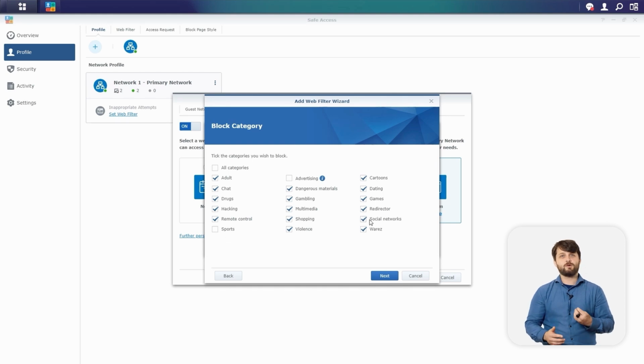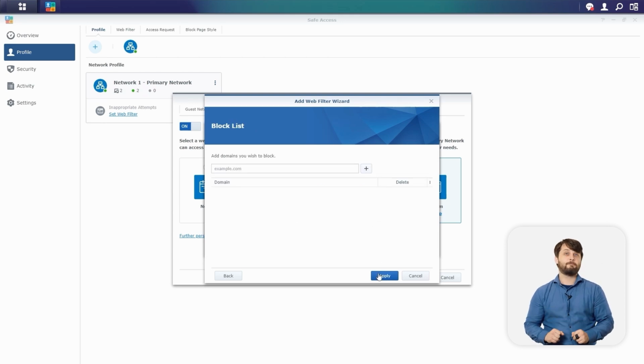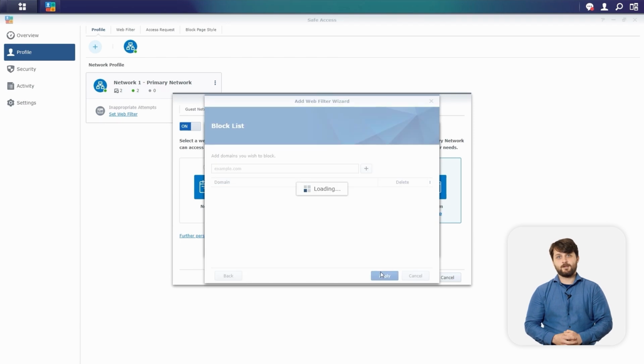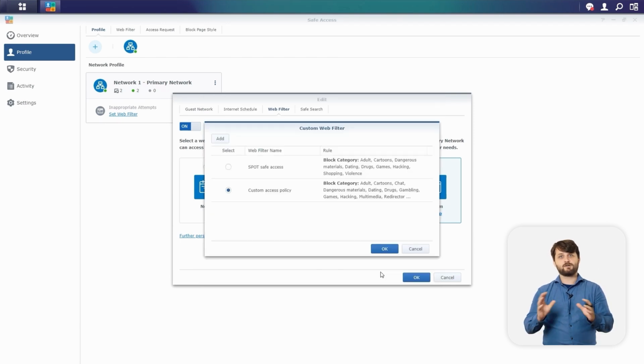Keep in mind though, if you only wanted people to access specific social networks, for example, you could block other ones in the next menu and do it specifically by domain right here. You're able to type in that domain in this address bar and block that website and that domain specifically. Now once we hit apply, that's going to fully create this web filter category here.